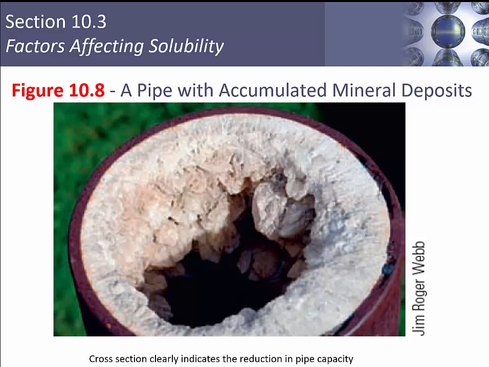So this is something that you have to think about if you're going to go into chemical engineering or if you are looking at civil engineering. So this thing that looks like the clogged artery, right? If that's the pipe carrying water to somebody, it's going to have a reduced capacity. If this is in your factory, you've got to consider what is the actual volume that you can move through this. Fortunately, this is pretty easy to deal with. You just add in some acetic acid, some vinegar. It'll dissolve that right up, make a nice little